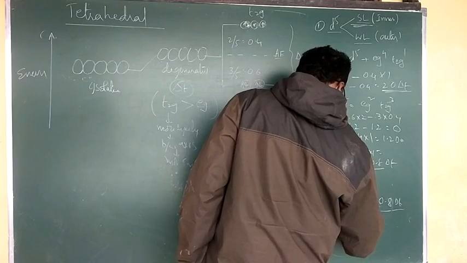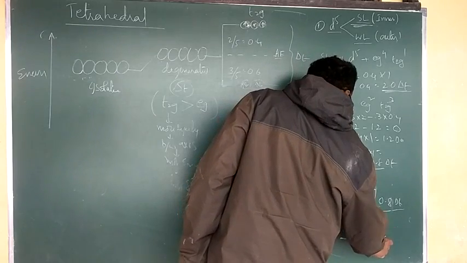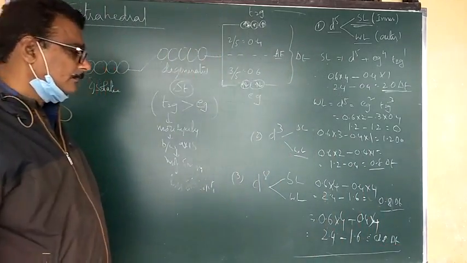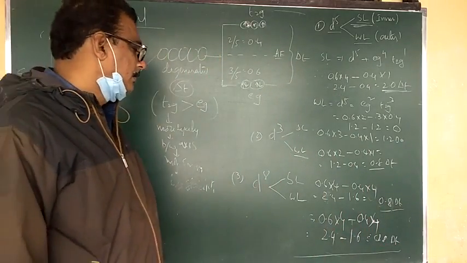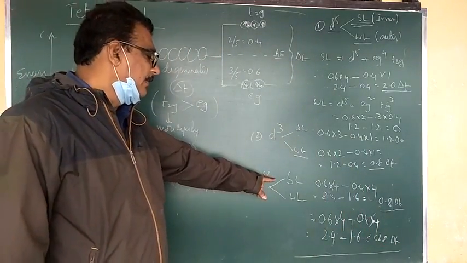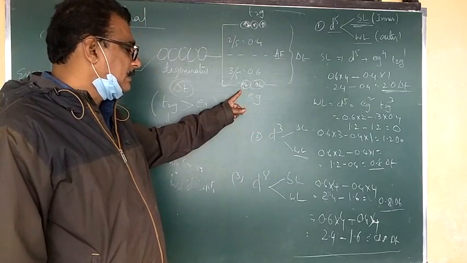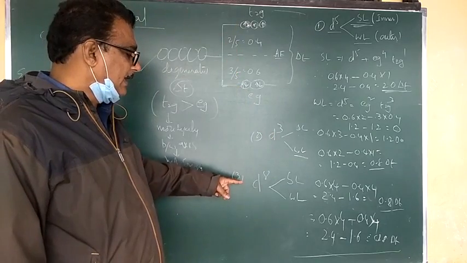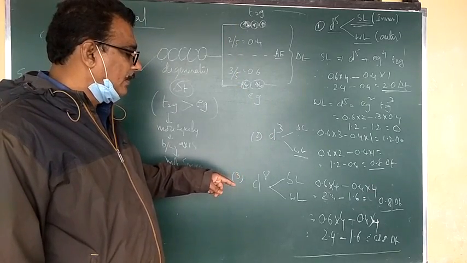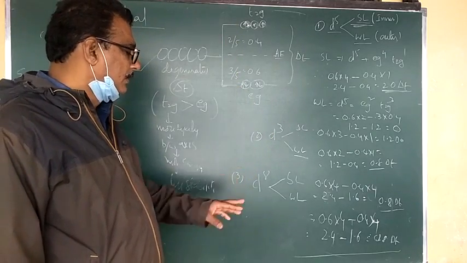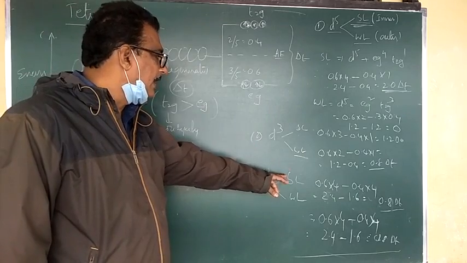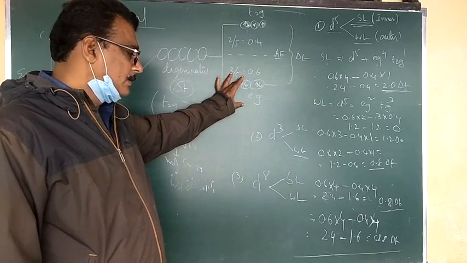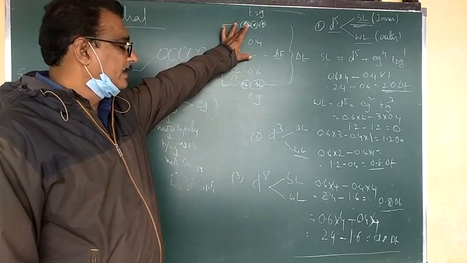2.4 and 1.6 means 0.8 delta T value. Now here, strong field ligand: here 4 electrons, and the remaining 4 electrons, 4 plus 4. But here 0.6 into 4, 0.6 into 4. This is called a strong ligand. All 4 electrons are pairing. So the remaining 4 electrons you can write as.